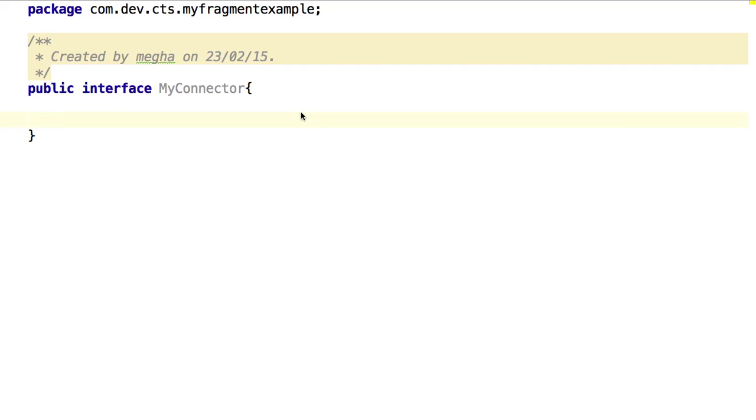So in this case, your fragment may be a headlight, a kind of component which is going to work, and it has a dependency on a host activity. So from there it needs to get a communication back. Using the interface I can do that particular job, because the interface is mostly considered a connector, so it just connects two parts. Okay, so I'm going to say